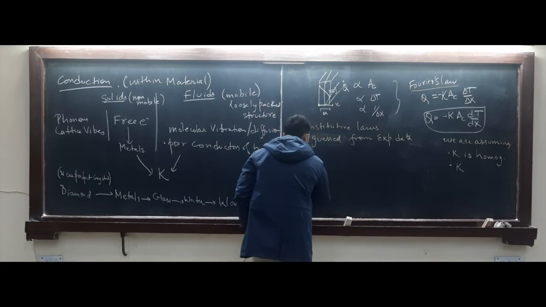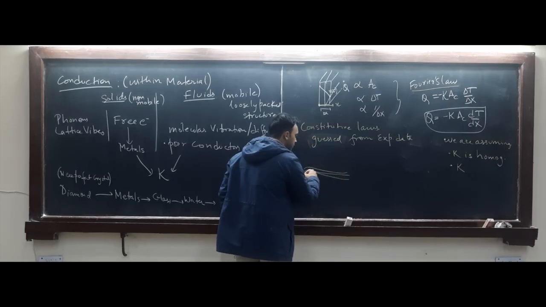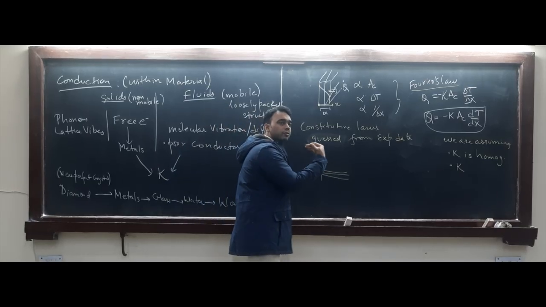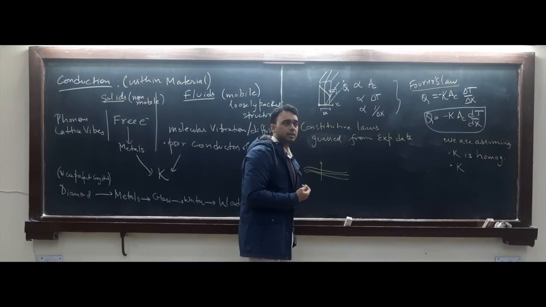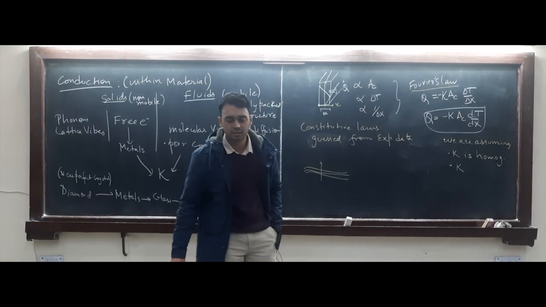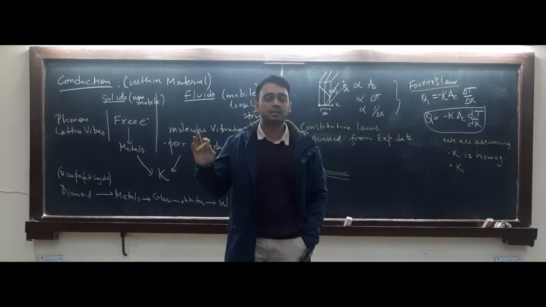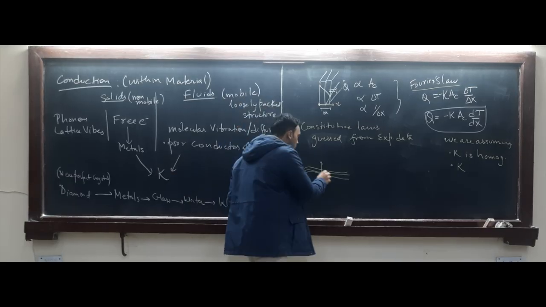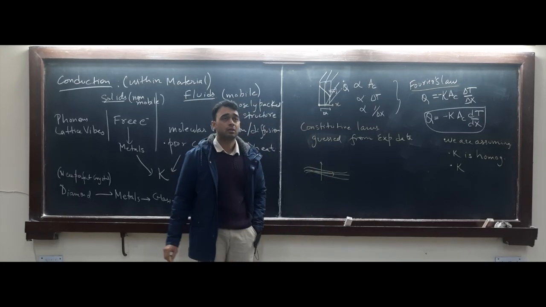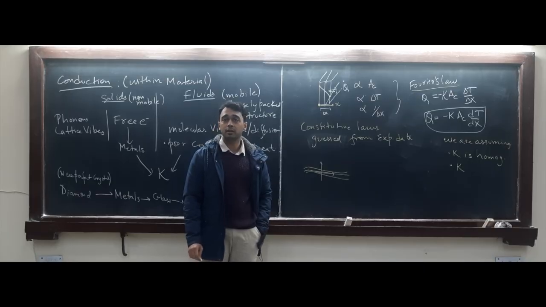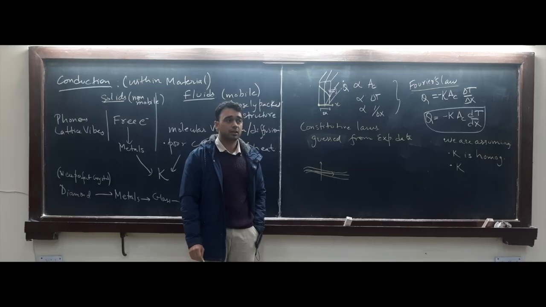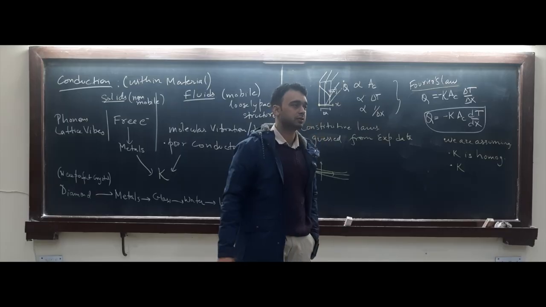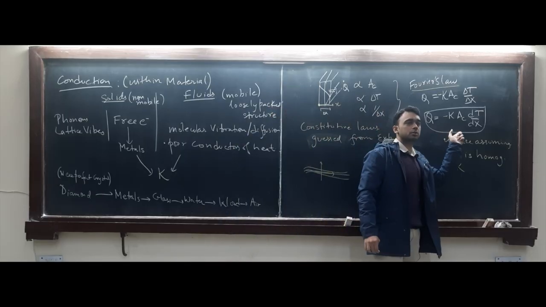So if these are the grains in the left image, and you have heat flow in this direction, you would have to fight the air pockets in the wood, or whatever gas is trapped in the wood. And generally gases have low conductivity. If you were to perform the same experiment along this direction, you would experience slightly higher conductivity. In the second image, if you take heat transfer in one direction versus the other, you can clearly see there would be some changes that would not be captured by this expression.